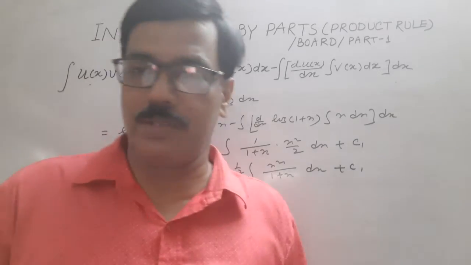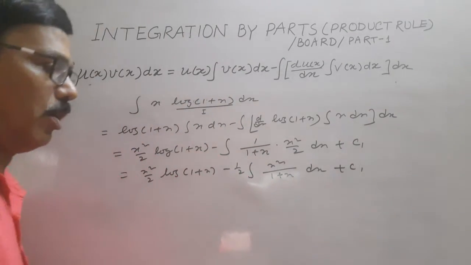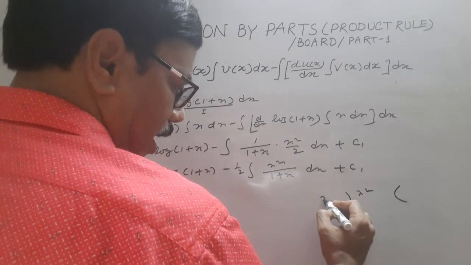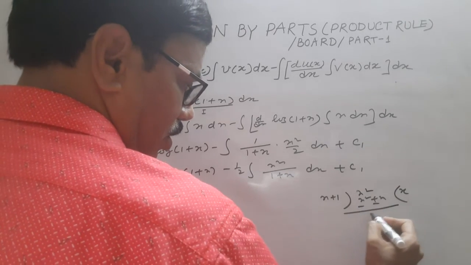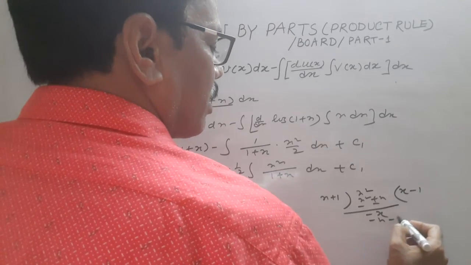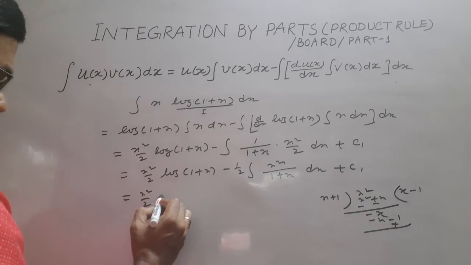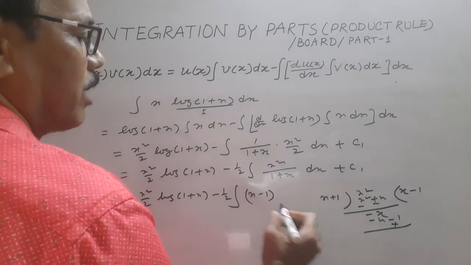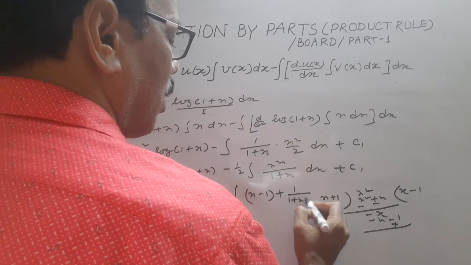So we have two methods. Either treat this as a linear function or use division rule. So x square divided by x plus 1. So x square plus x. So minus x. So this is minus 1. Minus x minus 1. So plus 1. So rule is, look, quotient x minus 1. This is quotient. And what is remainder? 1. Over 1 plus x.